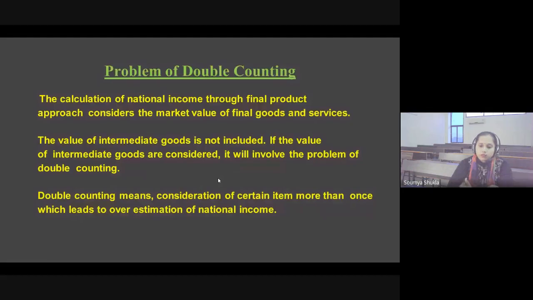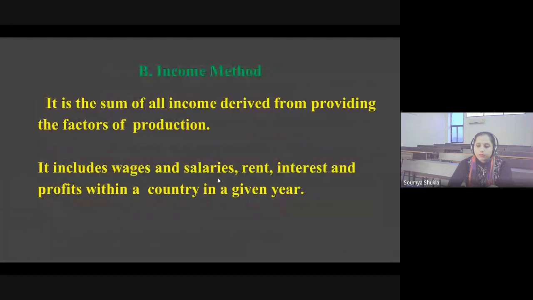The next method, first we had already discussed the final product approach. The next method is the income method. It is the sum of all income derived from providing the factors of production, which includes wages and salary, rent, interest, profits within the country in a given year. Whatever income is being derived during the production time